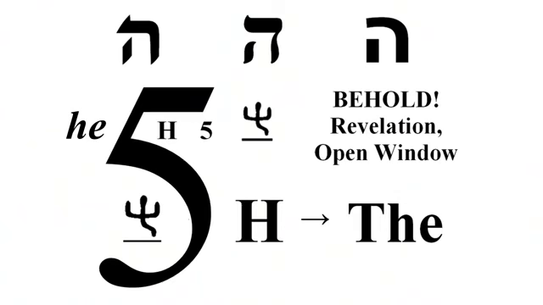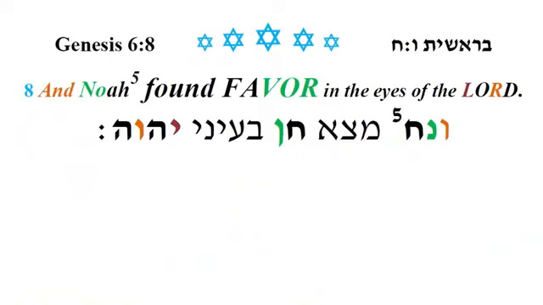So the verse that has the 5th mention of Esther's name, she finds favor in the eyes of all who saw her. Remember, 5 is the letter Hey. Hey is behold, a revelation, an open window, some blessing, something big is coming. Okay? And the 5th mention of someone's name, they find favor, they find grace. This 5, hey, favor, grace, revelation, behold. We see it back in Genesis 6:8 and Noah found favor in the eyes of the Lord. That's the 5th mention of Noah's name.